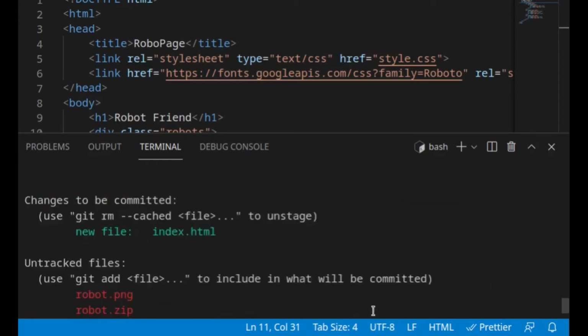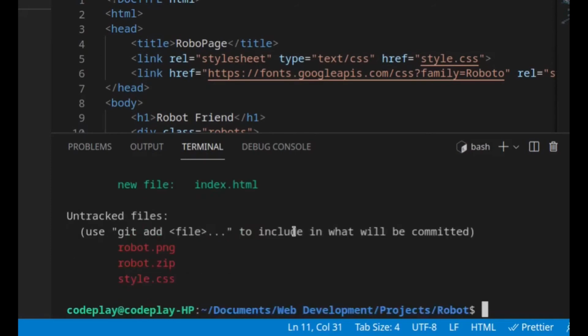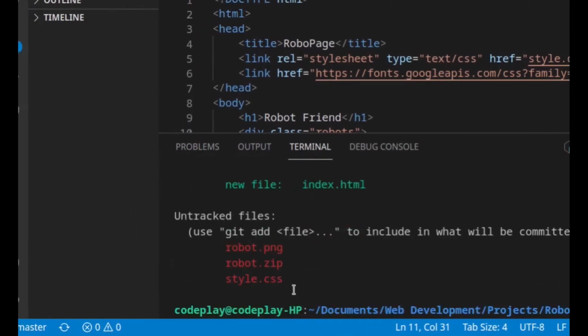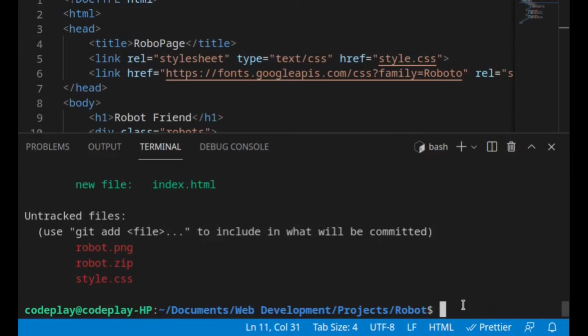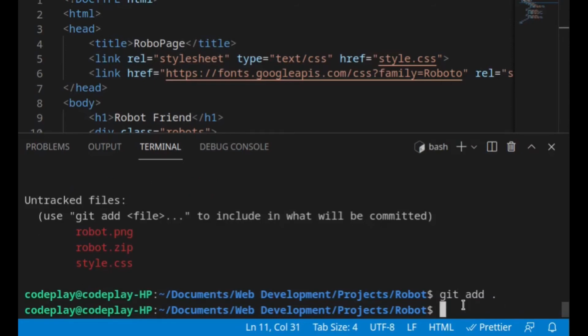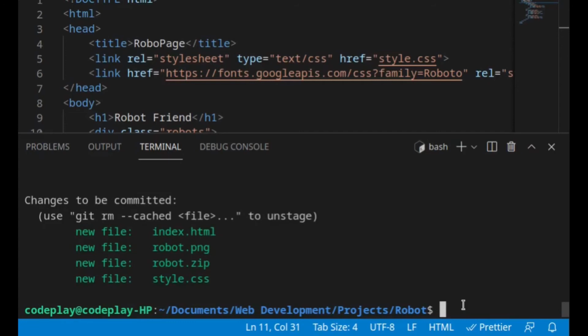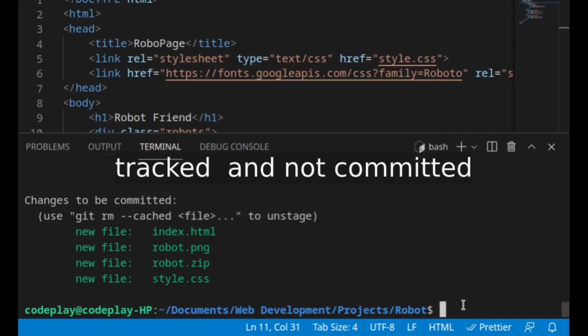It has identified index.html, but these files are still unknown, so we need to track them too. We can do so with git add dot, which adds all of the files in a single command. Now if I type git status, all of the files have been added.